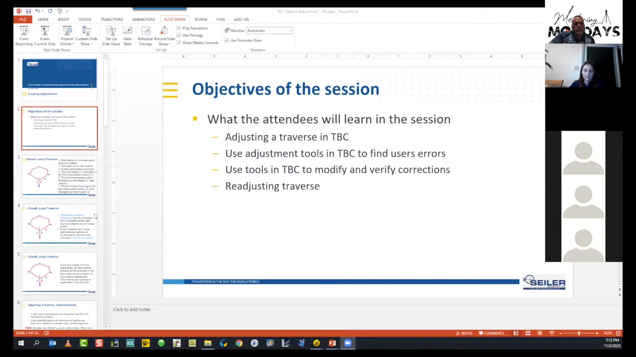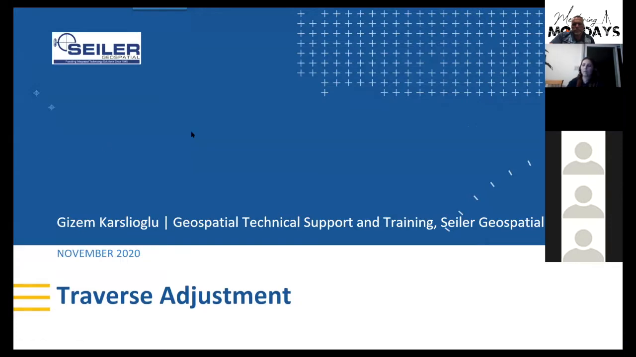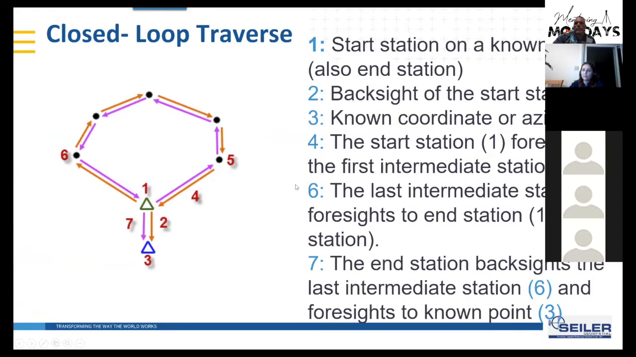I would like to start with traverse adjustment today. So basically, what we can do today is just talk about a closed loop traverse, and then how we can perform in TBC, and we talk about the settings, and then making a traverse adjustment, and review the results, and come back to settings, make a change on the settings, then readjusting the traverse. This is the first part of it. And the data we will use is